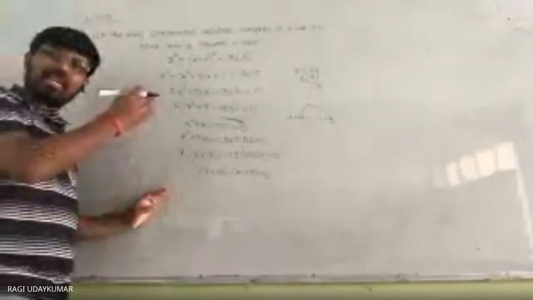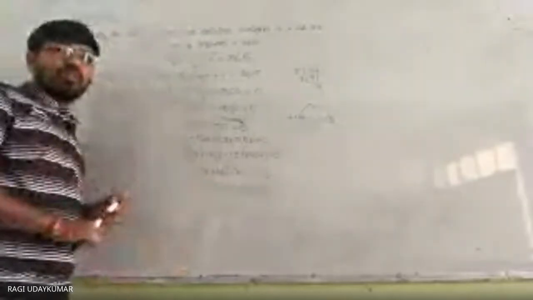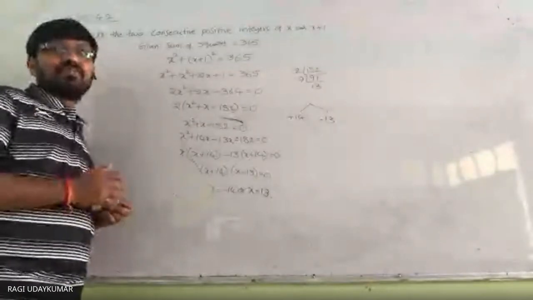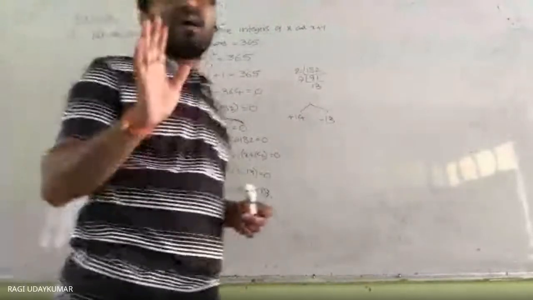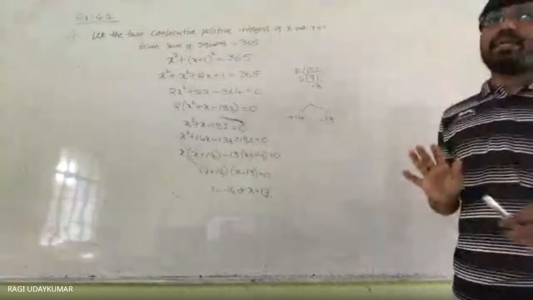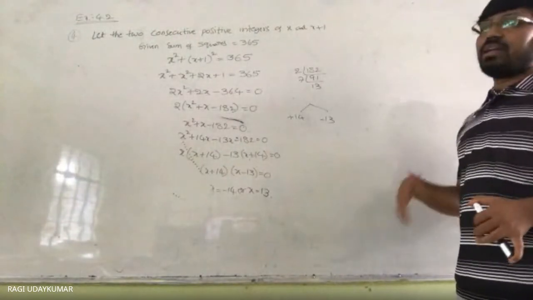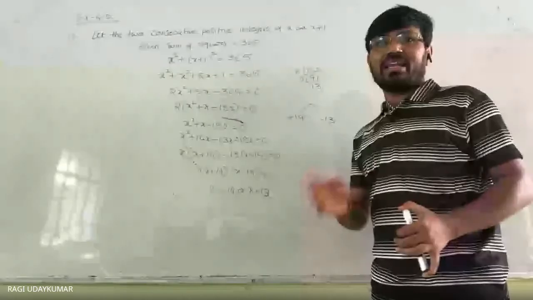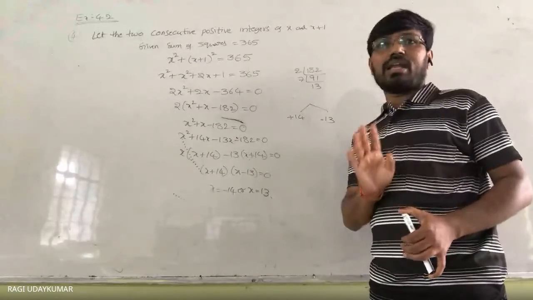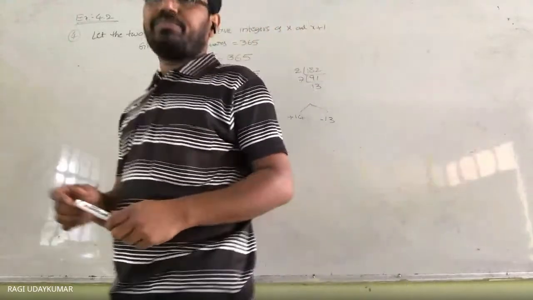So here in this situation, I think you can solve it. x equals minus 14 or x equals plus 13 you are going to get. Do remember that in this situation, positive integers are given, so x cannot be minus 14. Minus 14 is not to be taken here. Only 13 is to be taken. If you take 13, the other number will become 14. Don't convert minus 14 to plus 14, not like that. Okay? Yes, sir.